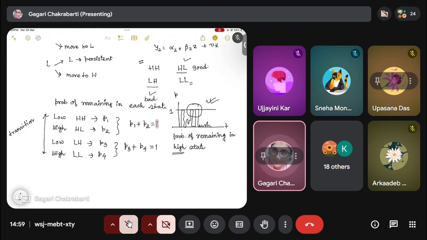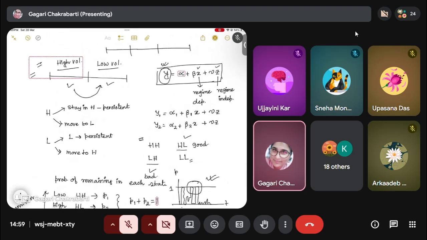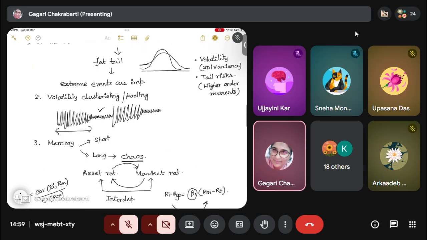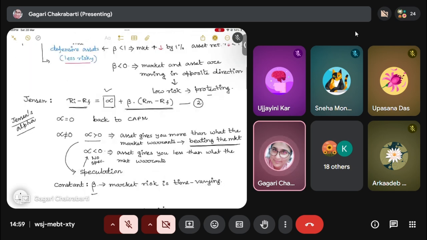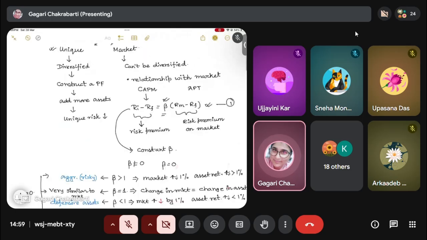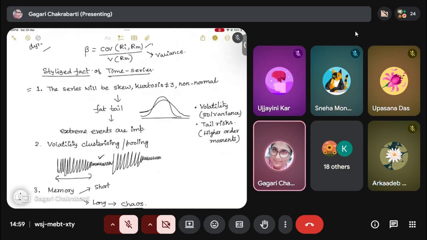ঠিক আছে, তাহলে অন্যদের বাকি আর কিছু কোয়েশ্চেনস আছে? না থাকলে তাহলে আমি আজকে করি, লিভ করি। আর অন্য রেজিম সুইচিং মডেলগুলো আমি আবার মানে ইন ডিউ কোর্স তোমাদের ডিসকাস করতে করতে যাব। মানে আমাদের লাগবে কিন্তু ইনফ্যাক্ট এই মাল্টিভেরিয়েট গার্চ মডেলটা। আমি যে এটা করাবো সেটা এমনি গার্চ মডেল তো খুব একটা লাগবে না। আচ্ছা ঠিক আছে, আমি একবার কনস্ট্যান্ট বিটাটা বার করা দেখিয়ে দেব, দিয়ে দেন I'll move on to the multivariate GARCH। তাহলে এইটা একটু দেখে আসবে যে how to estimate the univariate GARCH, bivariate GARCH and the multivariate GARCH। ঠিক আছে,